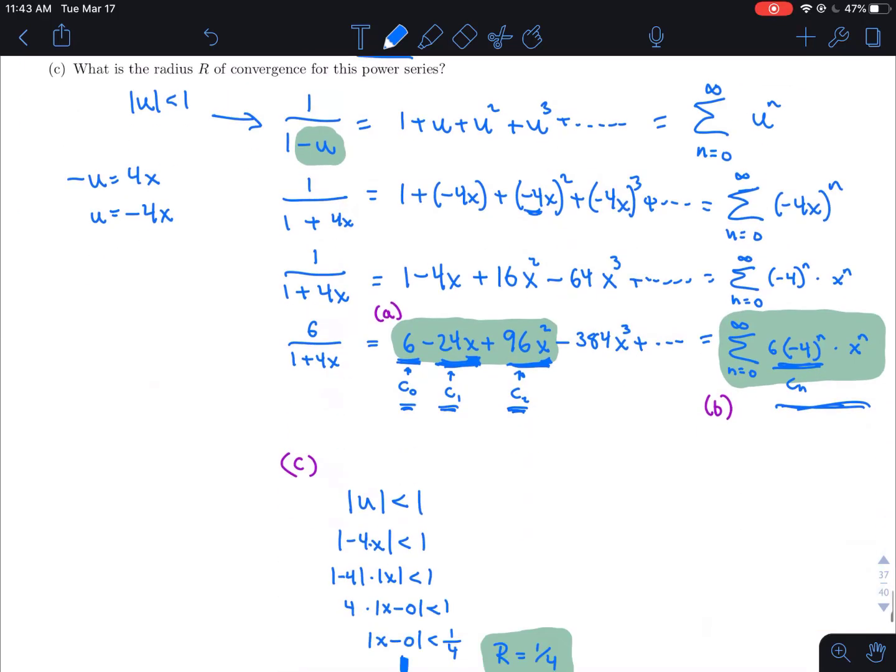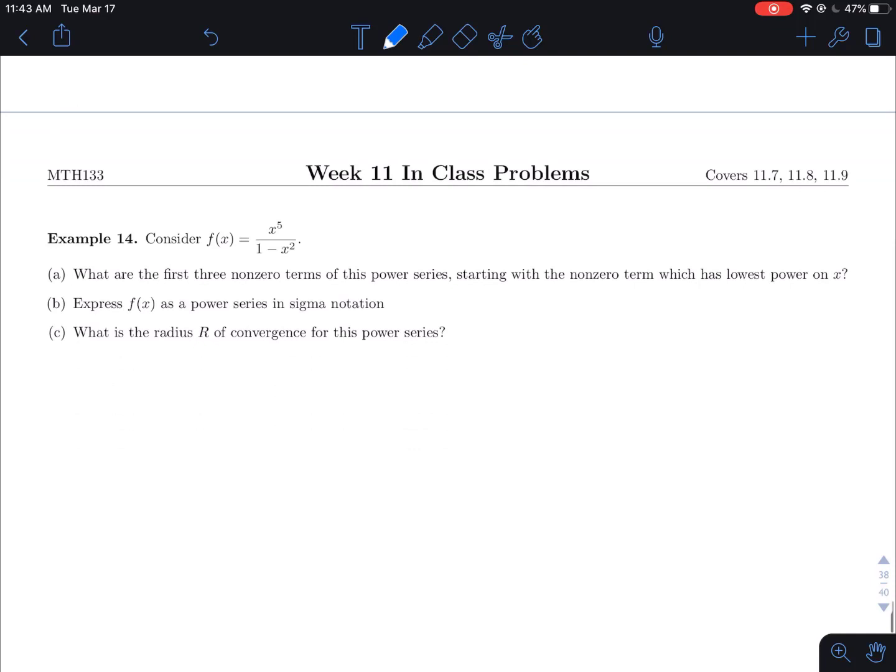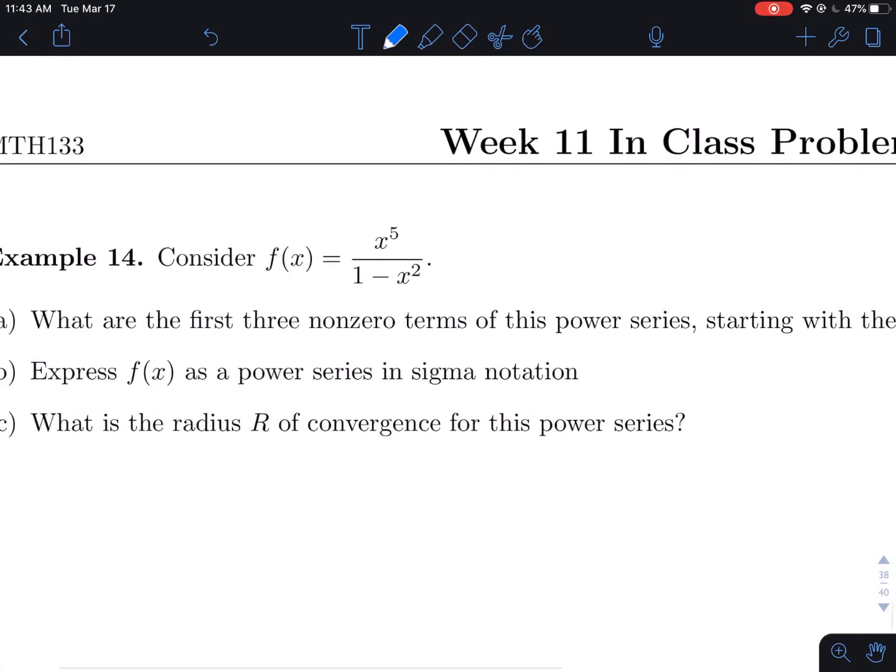And I'd like to play the same game here with this one and give you an opportunity to try it out. Let me give you first a hint, and then you should pause the video. Very similar to last time when I factored off the 6, or moved the 6 off to the side here, I think you should move the x to the 5th off to the side. That is already a polynomial. You don't have to worry about that bit so much. The part that's not a polynomial that you need to transform into this infinite polynomial or power series,